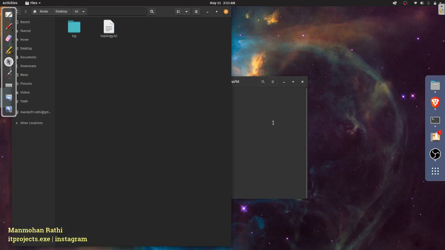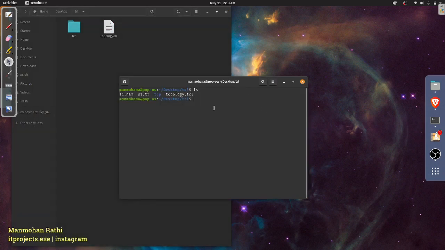So again, if you have seen my previous experiment of installing and running NS2, then you will know how to run NS2, and I suggest you go back and watch that, because that will clear the basics of NS2, how to install and how to run it. So to run the program, we need to type ns, the command to run NS in the terminal, and then the file name, topology, and let's click enter.